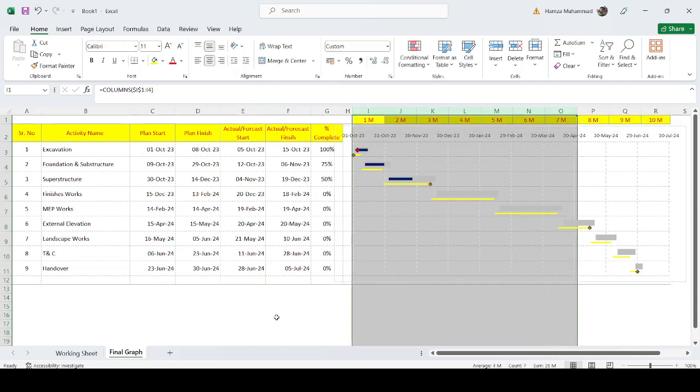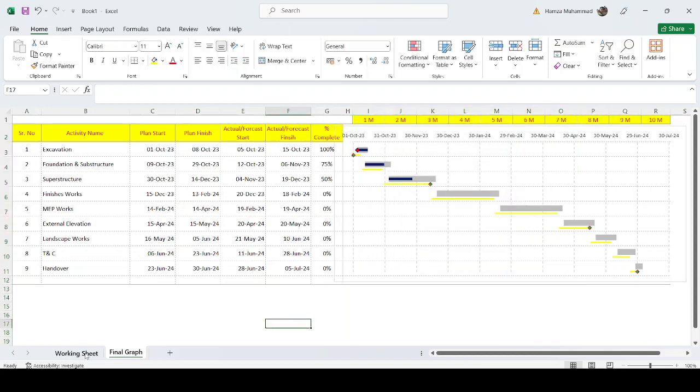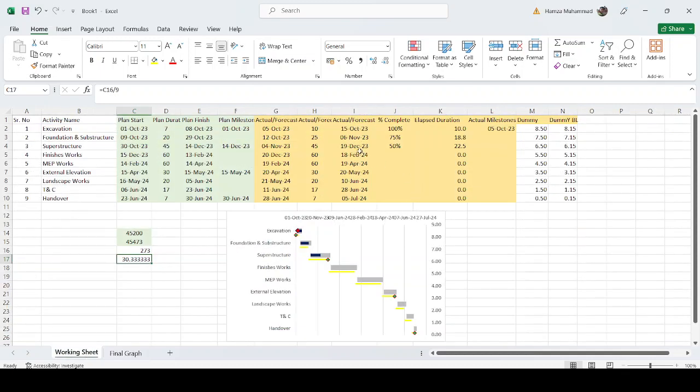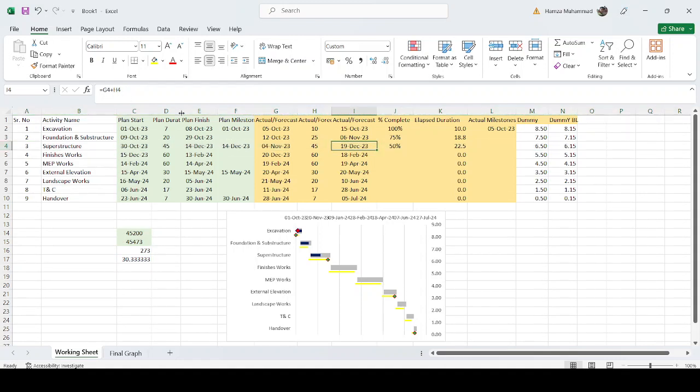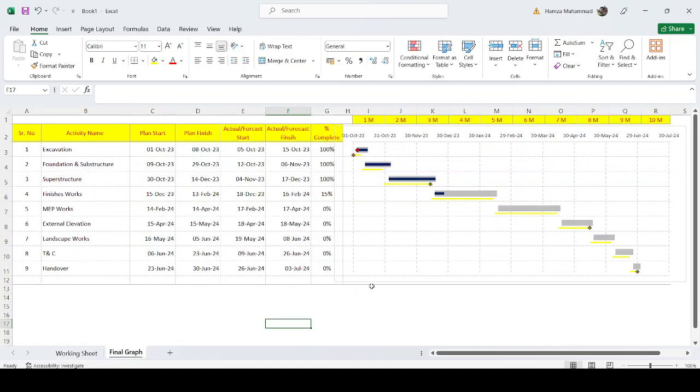Okay, so now you can see here, for example, when you go to update next time, you can say our superstructure was completed on 19 December, or say 17 December. So you say this equals date 2023 December 17, and this is 100%, this is 100%, and this is our finishing, where we just started 15%, and it started 18 October. Okay, when we go here, you can see here,